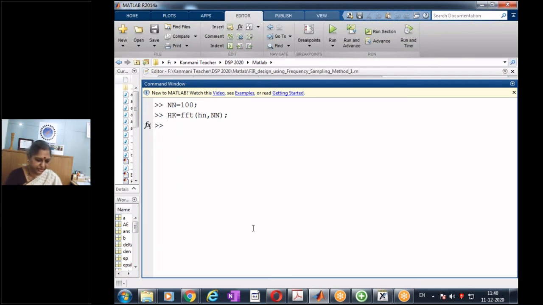So my frequency scale now goes from 0 to nn minus 1. And our scale goes from 0 to 2 pi. So I multiplied by 0 to 2 pi and divided by nn. So this is my frequency scale, and let me try to plot this frequency versus the absolute value of the frequency response that I have designed. And just to make it a little clearer, let me put the line thickness as this, and let me also fix the axis.